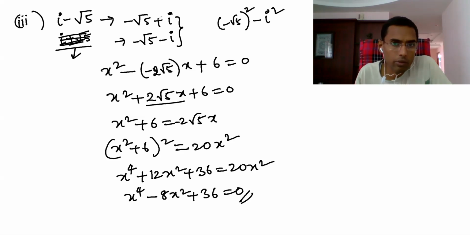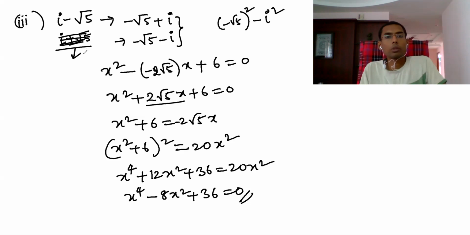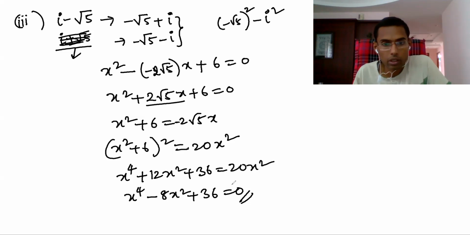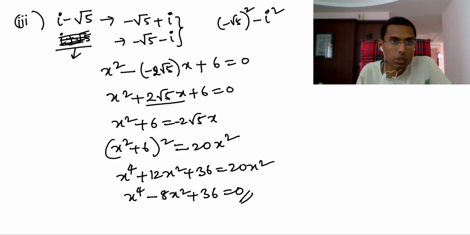Of course here I found using this conjugate, and you can find the other conjugate and do it that way also. That's not a problem. So this is the required equation. Okay, then we'll go to the next question. The next question is also the same model. The fourth question is the same model.